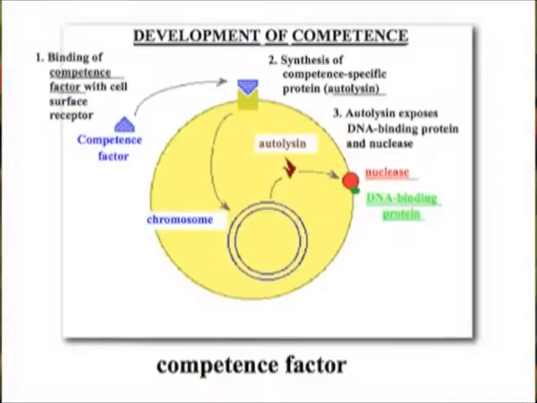Competence initially arises in only a small fraction of cells, which then excrete one or more small proteins called competence factors that convert the remaining population to competent. Competence factors further stimulate the production of 8 to 10 new proteins required for transformation. They are species specific and induce competence only in closely related species. The fraction of the culture that becomes competent and the duration of the competent state are also species dependent.